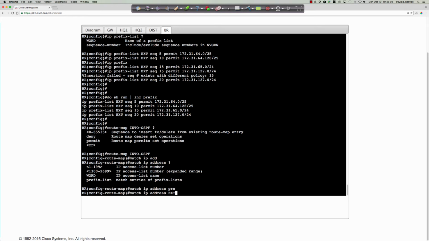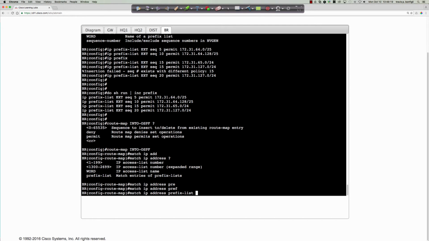Is it matching my prefix list EXT? No, it is not. What it's matching is it's trying to find a match for an ACL with the name EXT, which is why when using the prefix lists, you should always, always, always remember to say match IP address prefix list